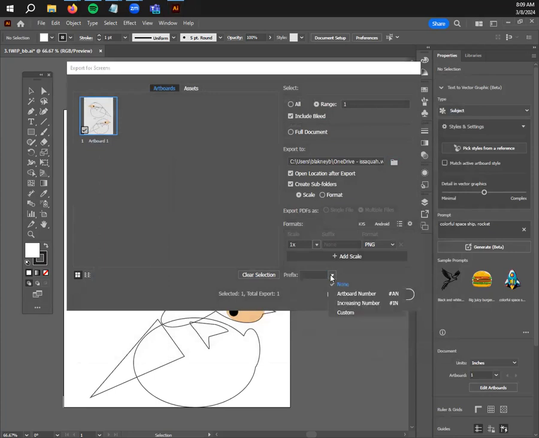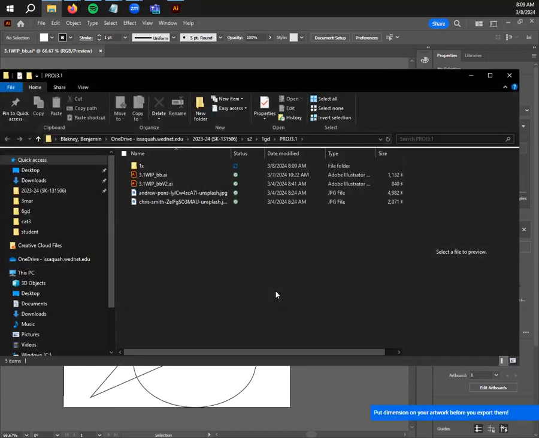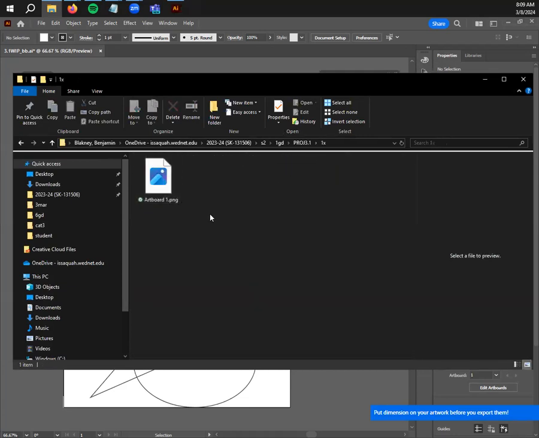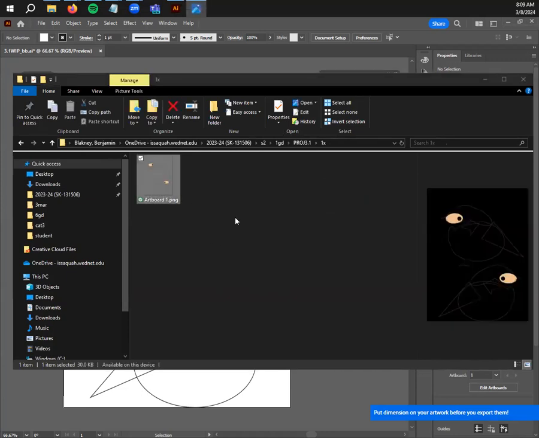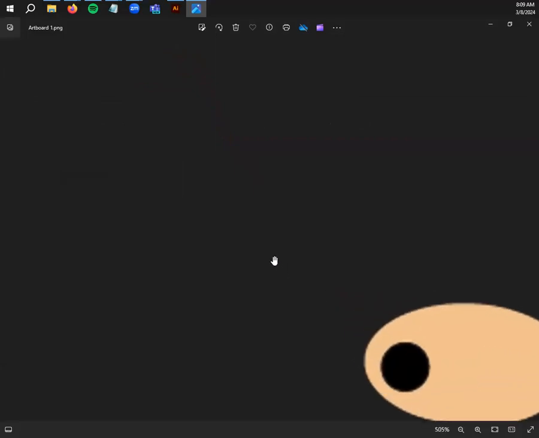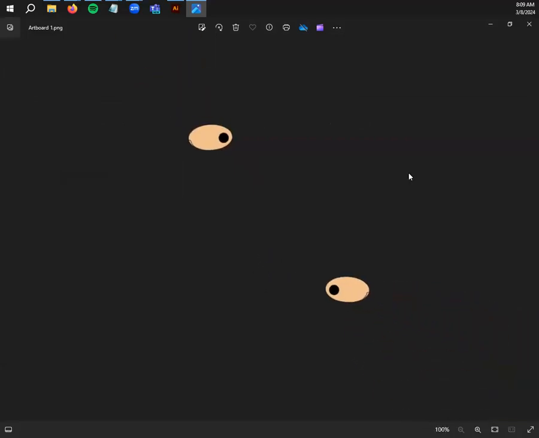If you really want to, you could add a prefix, like a version number and then the number 1, or a version final, but we'll get more into that in a second and later in the class. So you just click on export artboard, and because I had my two boxes checked, it's going to open up the folder that I saved it to. It's always going to live inside of this 1x folder right here. So here's my artboard. Because it's a PNG, it's going to be super hard to see. There's very, very thin lines there.